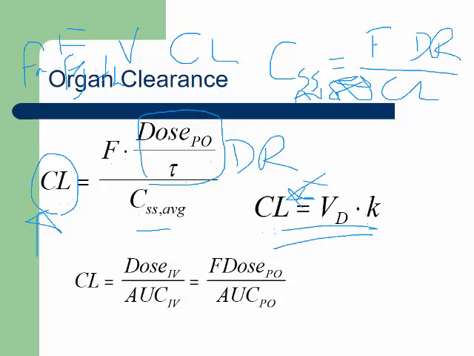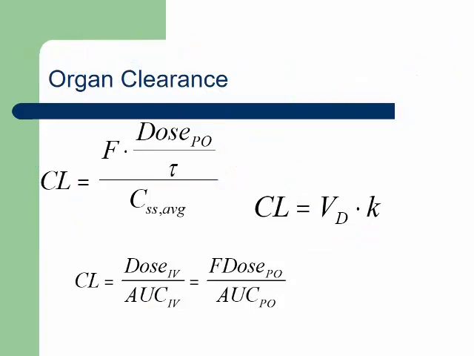This is how we usually determine clearance. We'll give an IV dose and we'll measure the area under the curve that's resulted from that IV dose. And this will give you clearance. But does dose determine clearance? No. Is that the determinant of clearance? No. Is area under the curve the determinant of clearance? No. Of course, we can also use bioavailable dose rate over clearance. So if none of those things determine clearance,